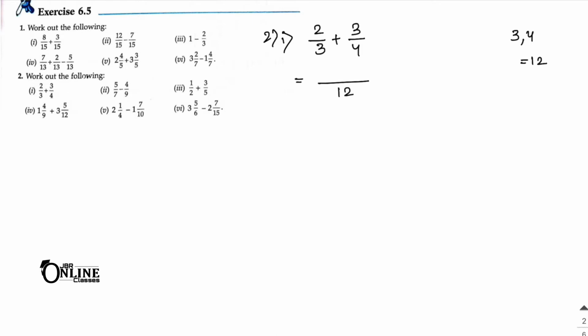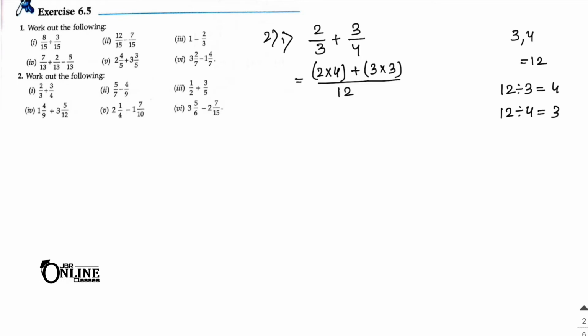Now the first thing, you have to divide the LCM by the denominator. So as here 12, so 12 by 3 first. If you divide 12 by 3, it becomes what? It becomes 4. Now you have to write 2 into 4 in the upper one. Next, you have to divide 12 by 4, as 4 is the denominator here. So it will be 3, and that 3 multiplies with the upper 3. That is the procedure. Okay.